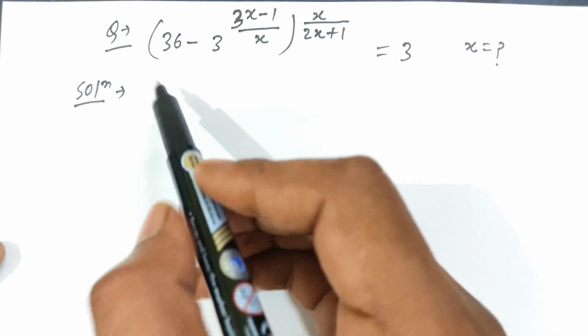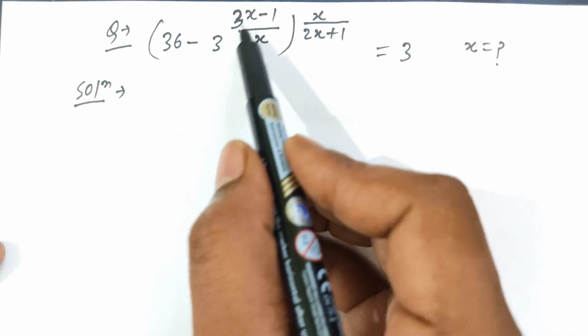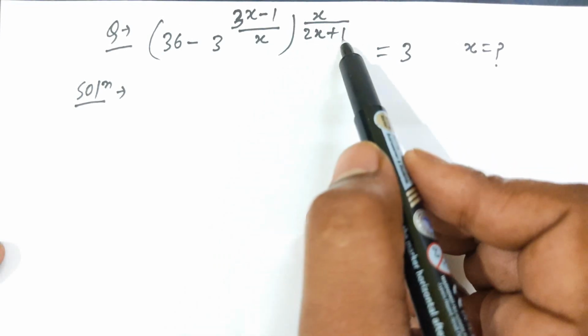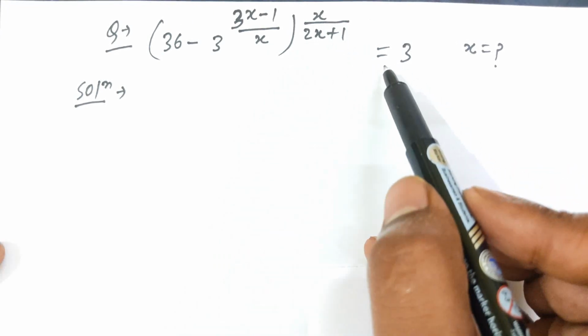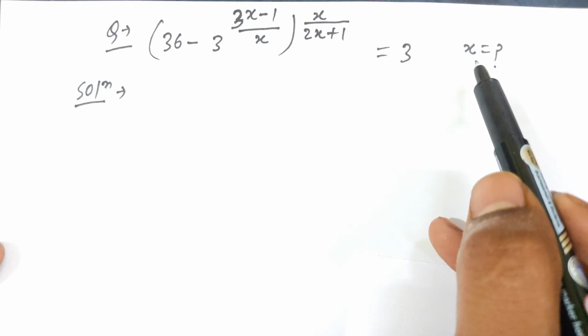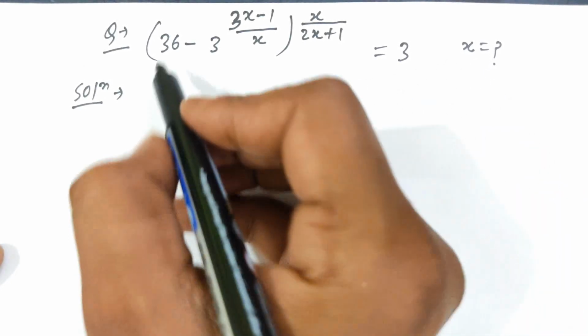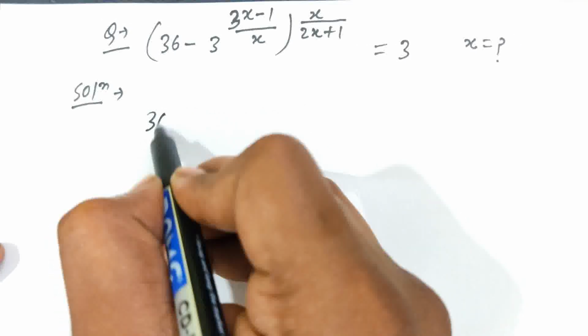स्टूडेंट्स, तो आज का हमारा क्वेश्चन है 36 माइनस 3 पावर 3 टाइम्स एक्स माइनस 1 डिवाइड बाई एक्स, ब्रैकेट होल पावर एक्स डिवाइड बाई 2 टाइम्स एक्स प्लस 1, दिस इज इक्वल्स टू 3, एंड हियर वी विल फाइंड आउट द वैल्यू ऑफ एक्स। तो देखिए स्टूडेंट्स, इस वाली प्रॉब्लम को हम किस प्रकार से सॉल्व करेंगे।